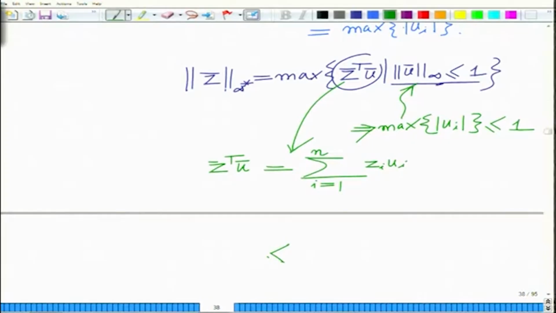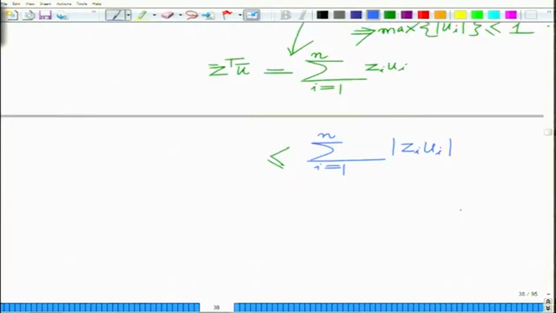So, it is the summation of the component wise products, that is the summation i equal to 1 to n of zi times ui, where n is the dimension of each vector. Now, this is less than or equal to, obviously, the summation i equal to 1 to n of magnitude zi times ui, which is equal to the summation i equal to 1 to n of